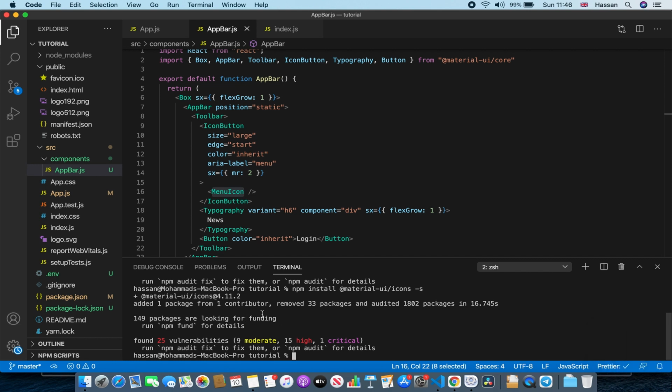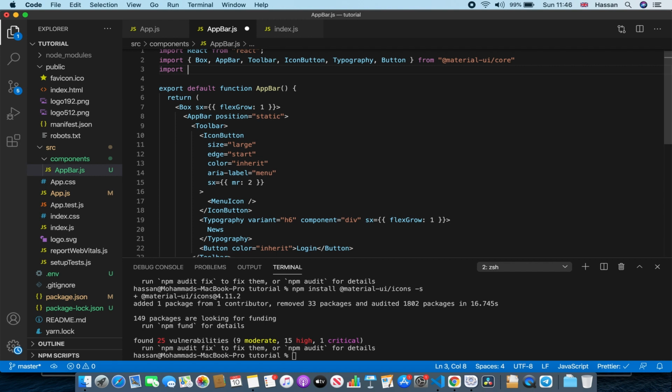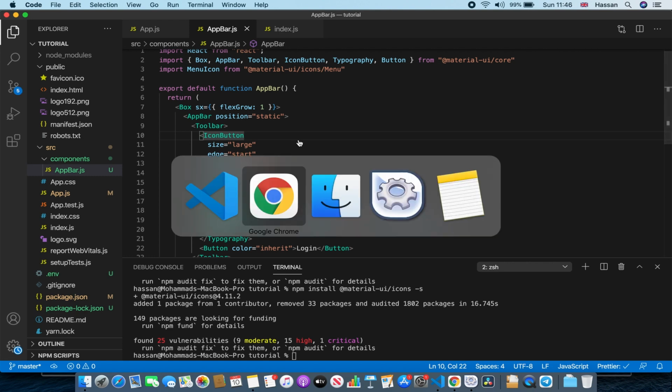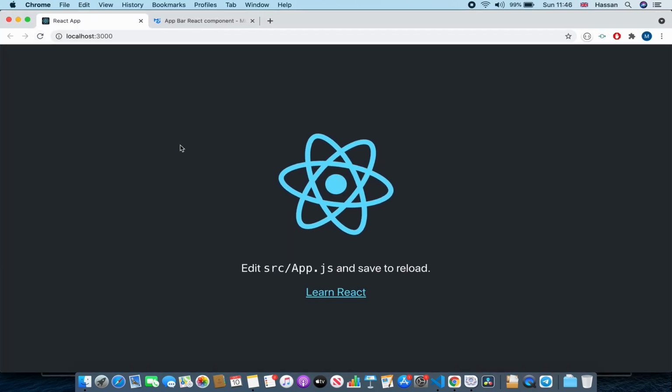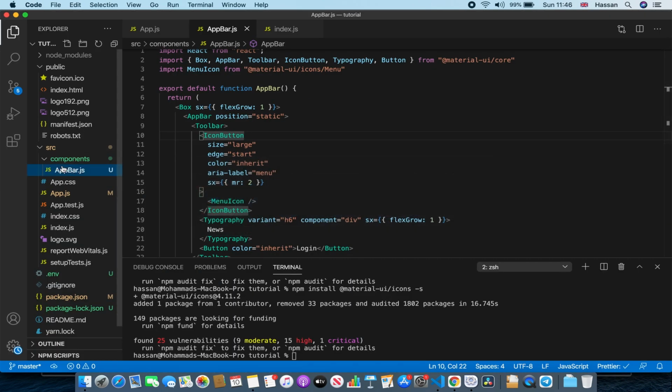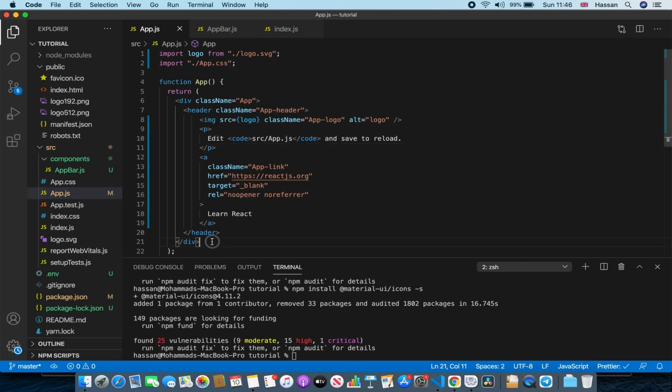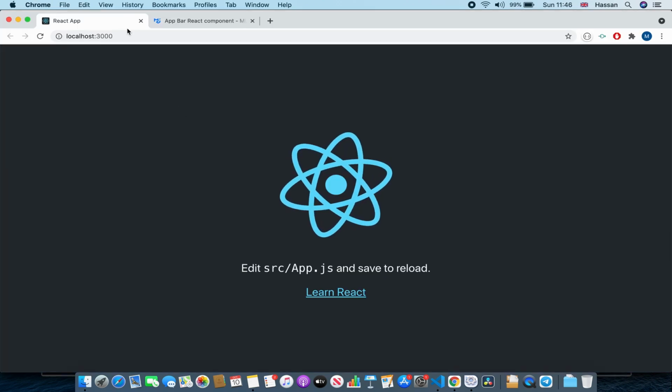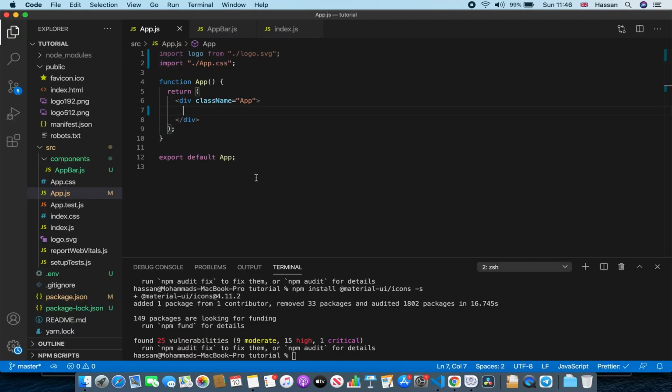Okay, so now that it has been installed, let's import this menu icon. So import menu icon from @material-ui/icons/menu, and then if we save this, now let's go to our, we need to import the AppBar component inside app.js. So I'm just going to delete all this code. This is the template that React.js gives you. As you can see, everything is gone, and I'm just going to keep this one div,